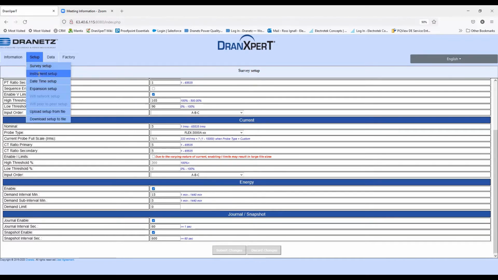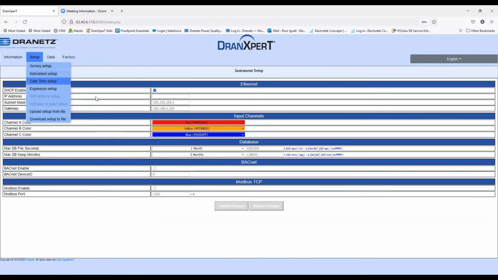Then we go down to the instrument setup. So we'll just let that load. And that's miscellaneous information about the meter. Most importantly, the IP information. The meter ships with the default IP address, which will be your initial form of communication to the meter. There's a simple procedure in our quick start guide that can help you through that if you don't understand the basic networking that's involved. Once you communicate with the meter, you can change it to any other static IP address to go on your network